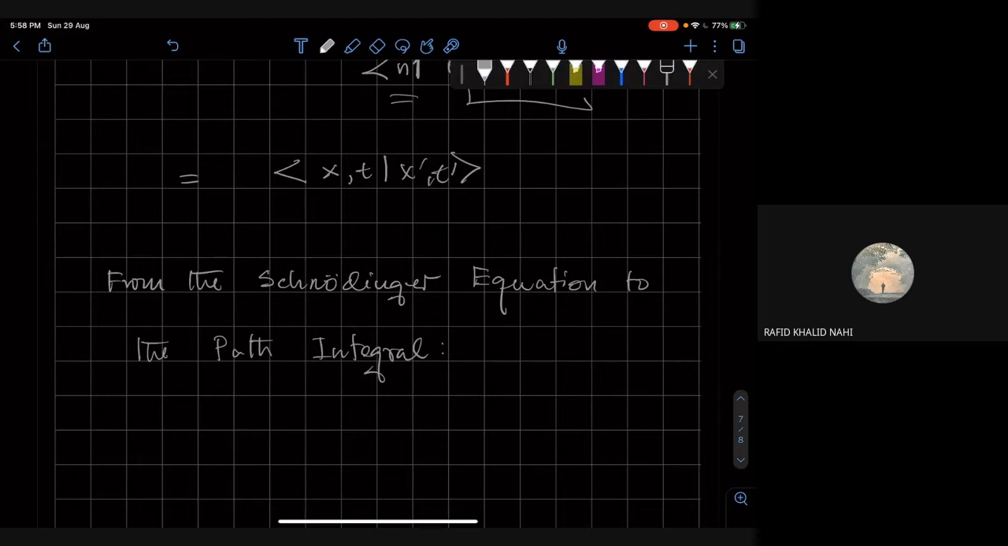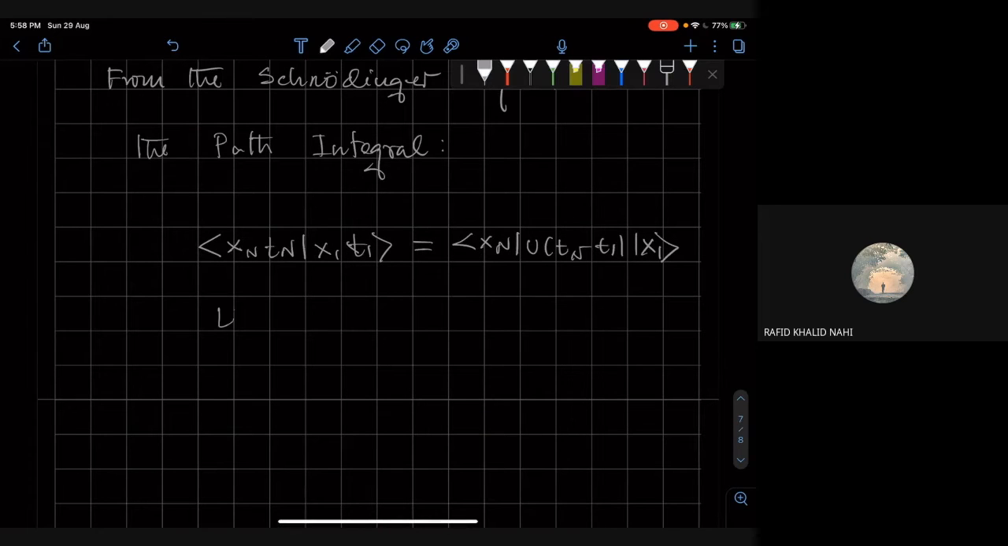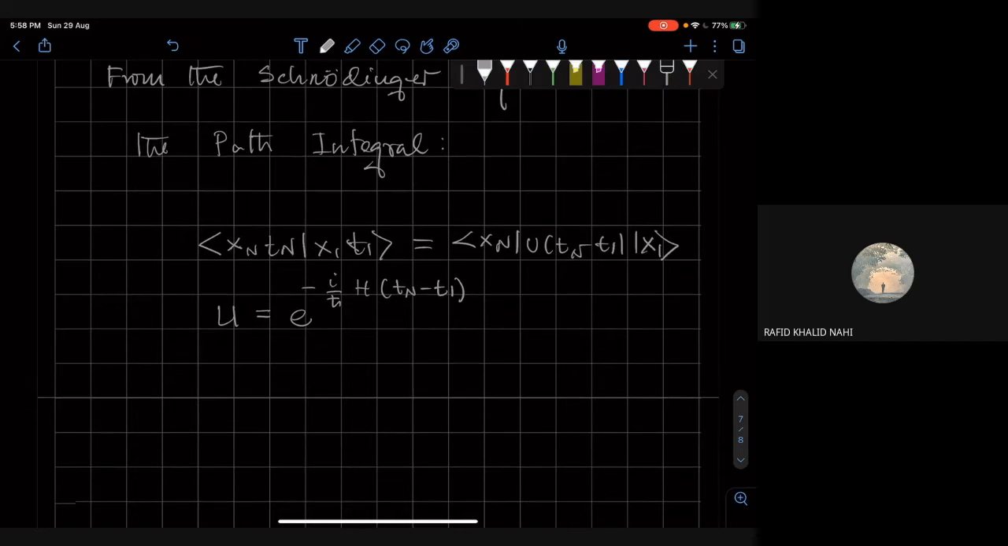All right, so what does the Schrödinger equation tell us? It tells us that if I have x_n t_n, x_1 t_1, the Heisenberg picture is x_n U(t_n minus t_1) acting on x_1, and then U, according to the Schrödinger equation, is e to the power minus i over h bar, the Hamiltonian, times (t_n minus t_1). Okay. So as before,